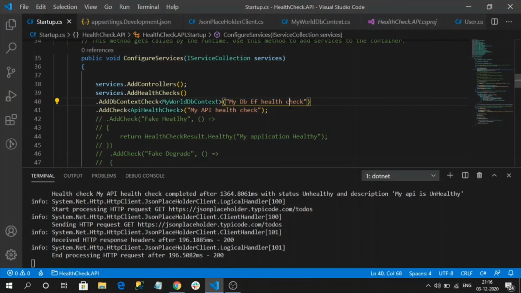So to avoid it and to make it better, we can execute health checks based on our requirements using the tags. Tags are nothing but keys that are specified to the health checks based on the matching keys. The health check route will execute our application health checks, but it will not execute all of them. It will only execute the tag collection matched values.